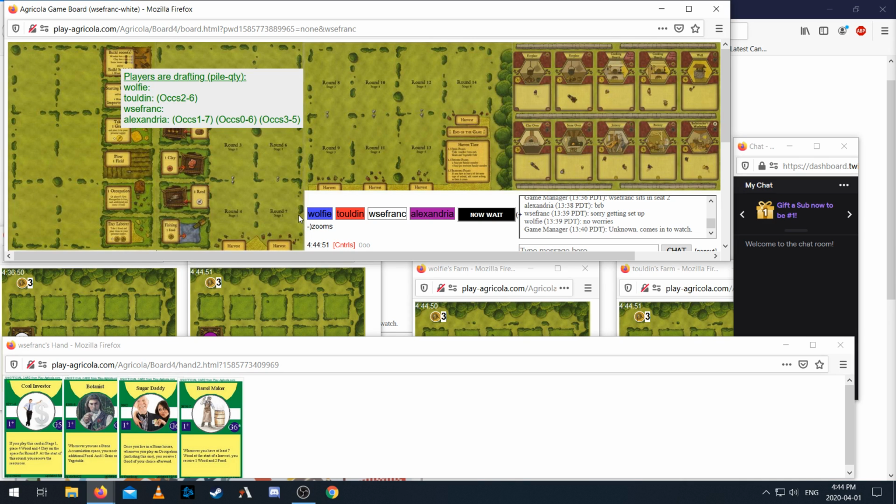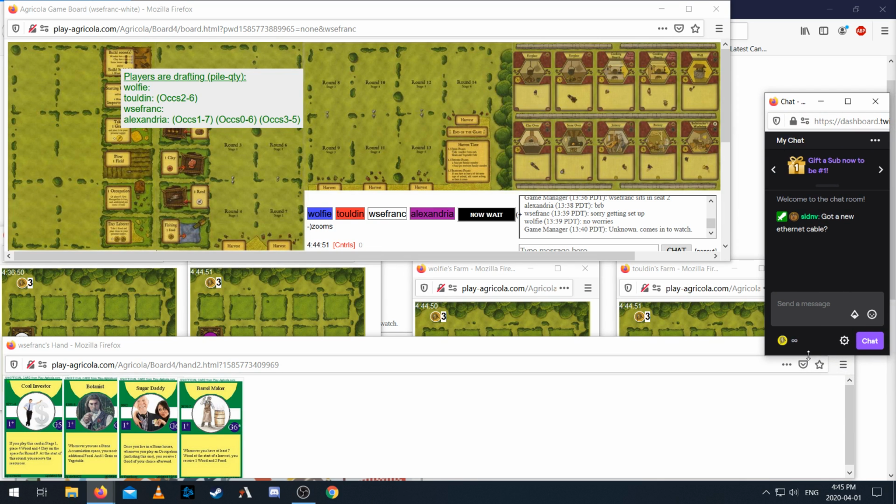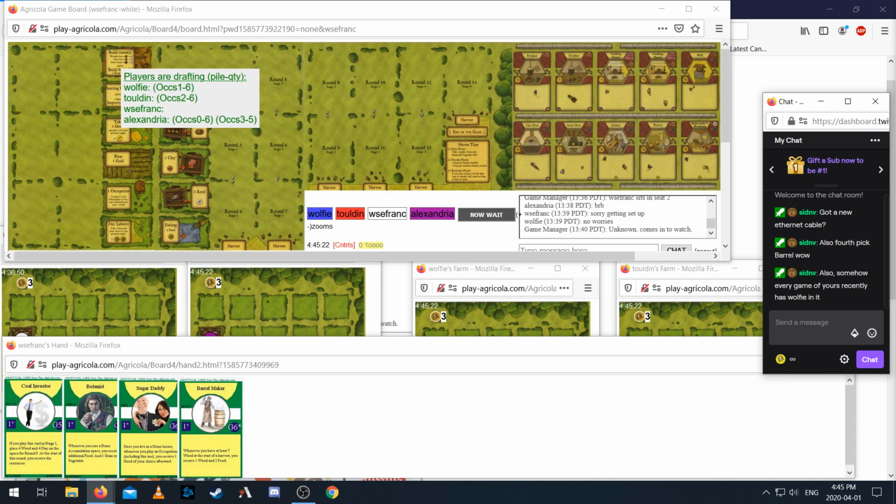Haven't tried building the joinery with Barrel Maker yet. Got a new Ethernet cable. I did, yes. Yeah, that pack had a couple pretty good cards in it. So that was probably a pretty strong pack. Yeah, it arrived on Monday, so I've done a couple stream SIDs. So if you haven't checked those out,